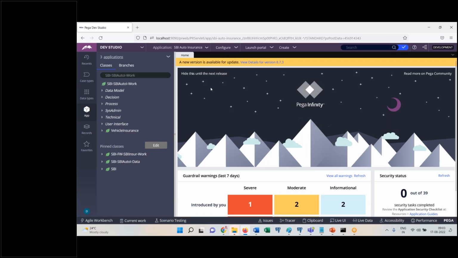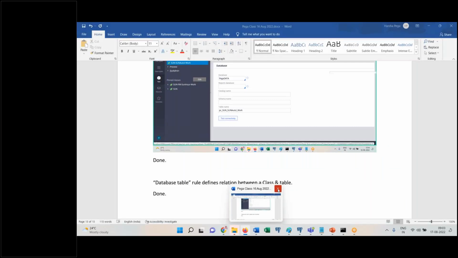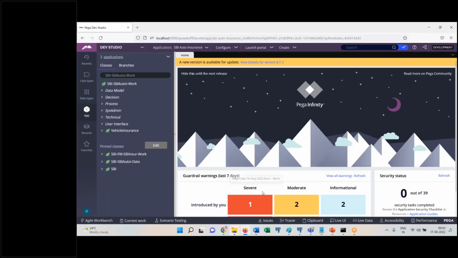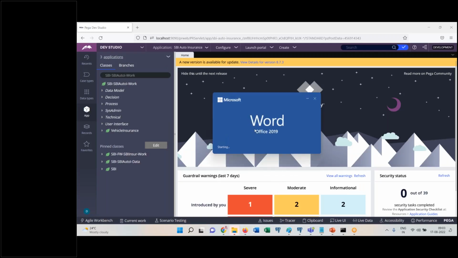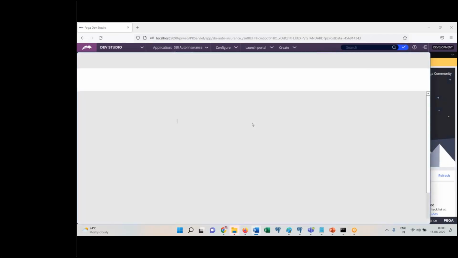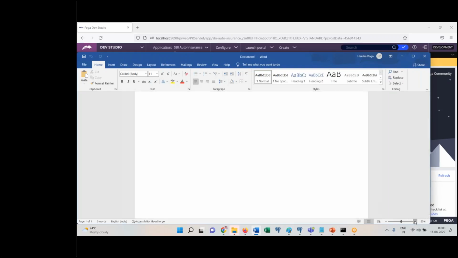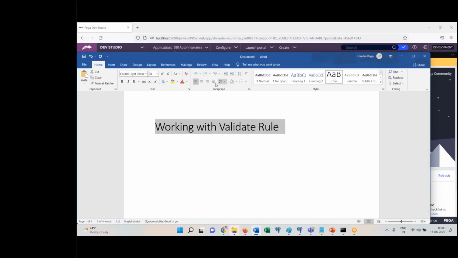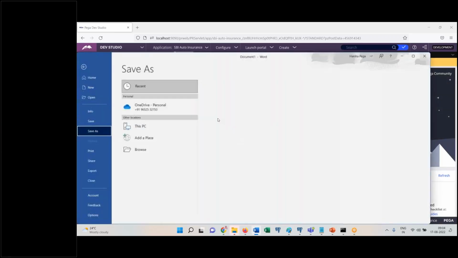Okay, so let's go ahead now and look at working with validate rule for a business requirement. Everyone write down. Working with validate rule. Write down. Validate customer details form for the below